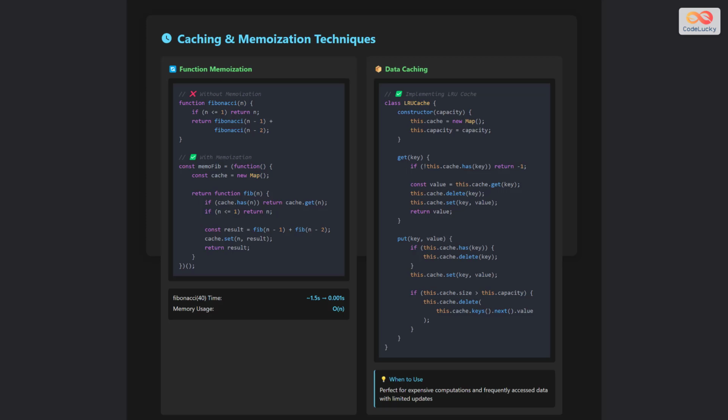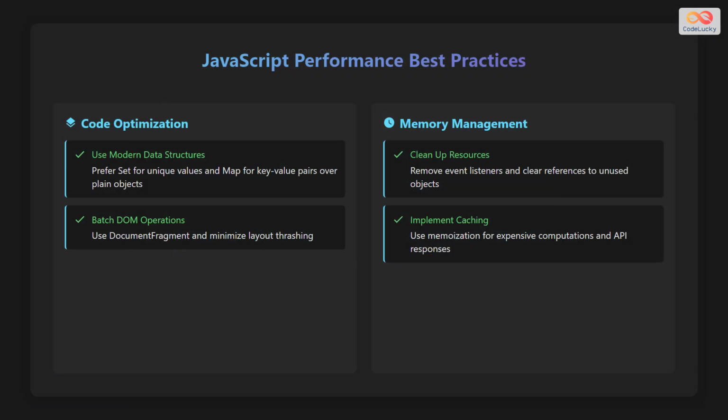Furthermore, caching recently used data can improve performance as well. For frequently accessed data, implement a cache like an LRU cache to optimize retrieval times. Finally,